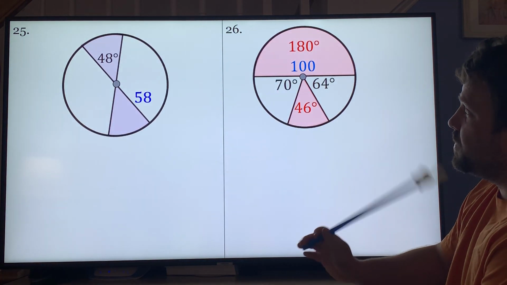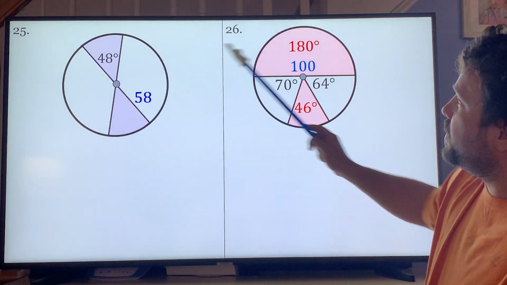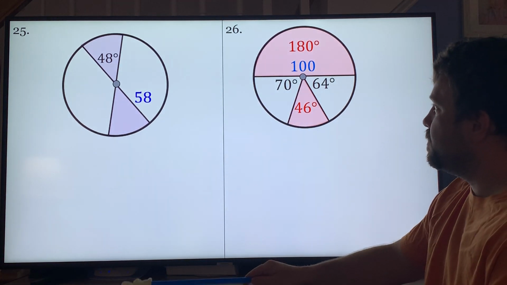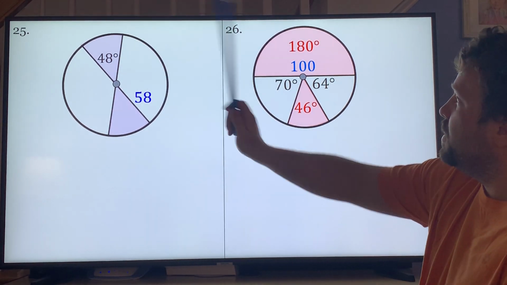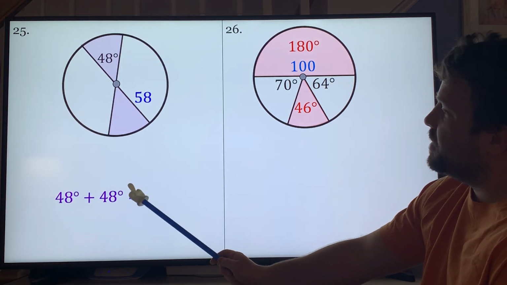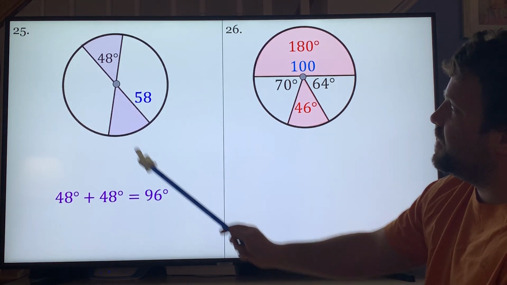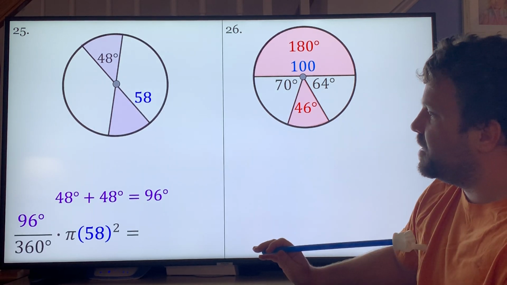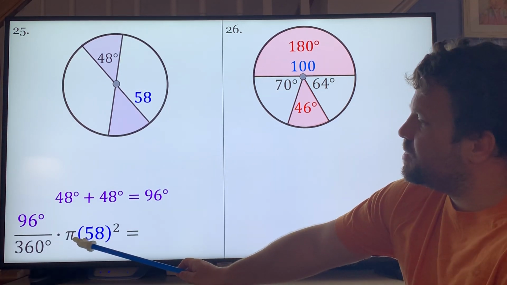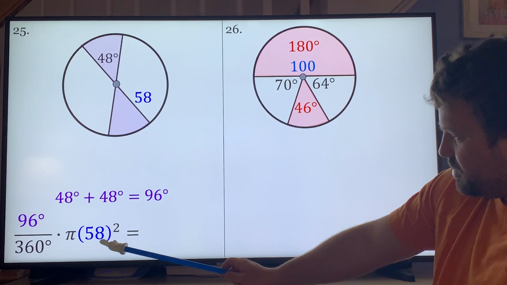Last two difficult ones. Find the purple, find the red. Good, let's go. First one right here. 48 plus 48 is 96. Why is it 48 and 48? Because these two angles are vertical angles. So 96 over 360 times pi times 58 squared gives you